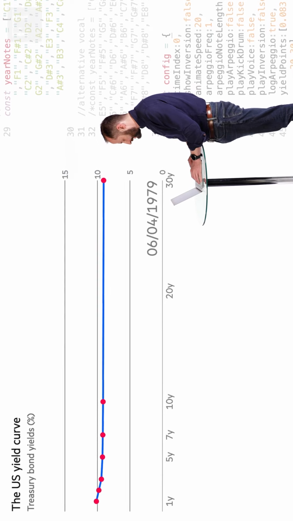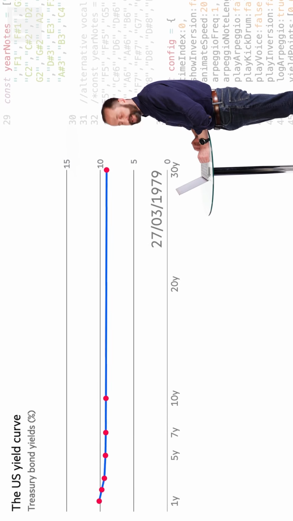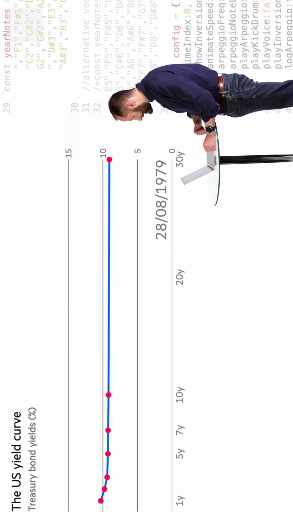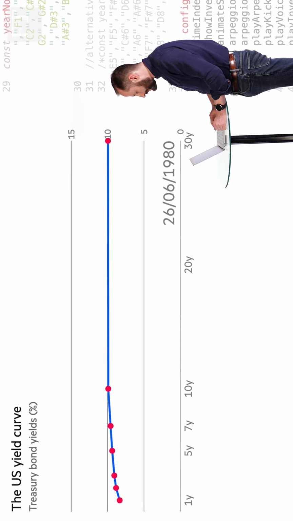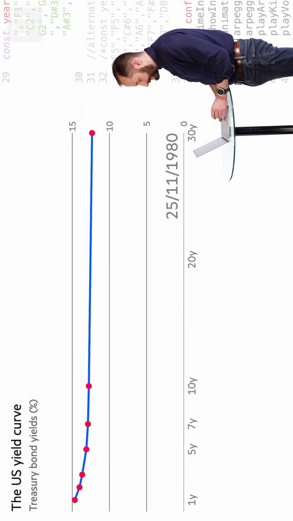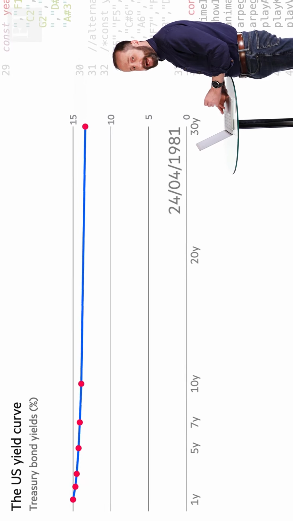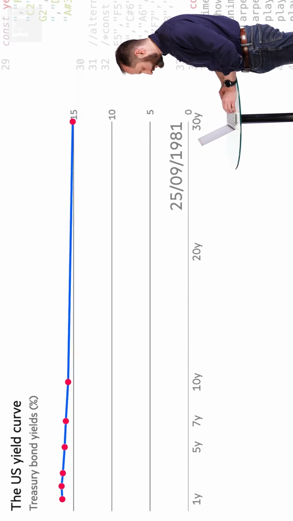If I speed that right up, you can see that actually the yield curve is very, very active, particularly at the shorter end of the yields. There's a lot of movement. With the yield curve animating so quickly, it can be difficult to remember how it's travelled over time. So one of the other things that we